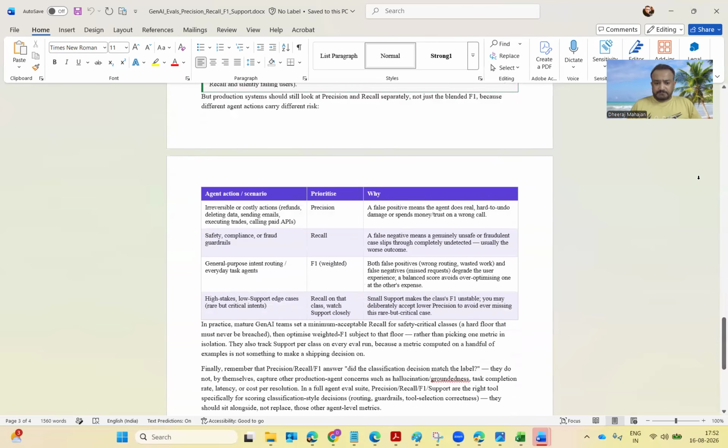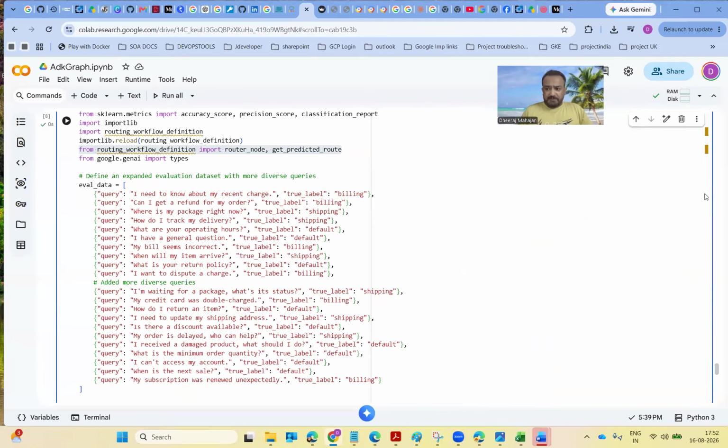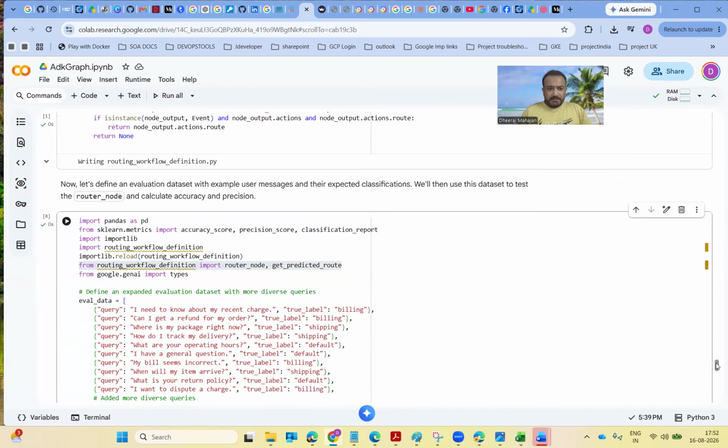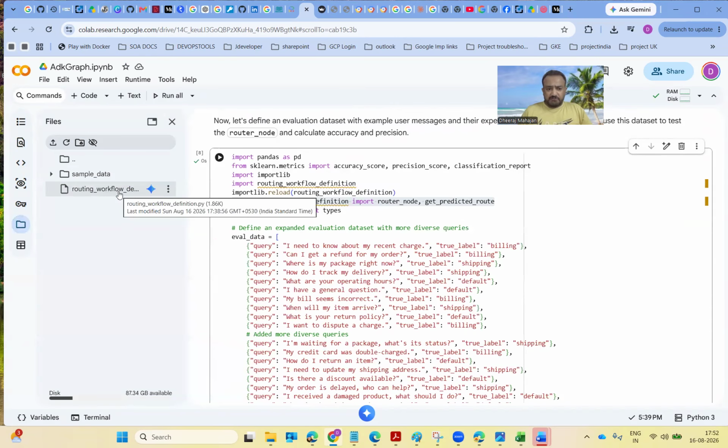So let me put it over there. You can see, here I have one example. I have already written this code. I have a file where I have written the whole logic of our agents, which we created yesterday and showed. So in that case, I'm using this router.py